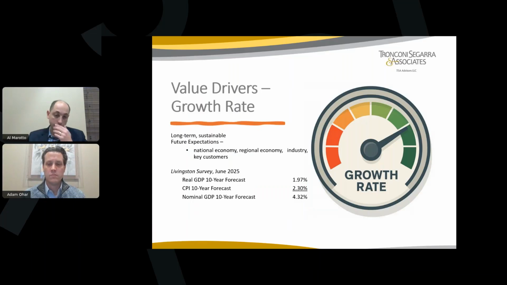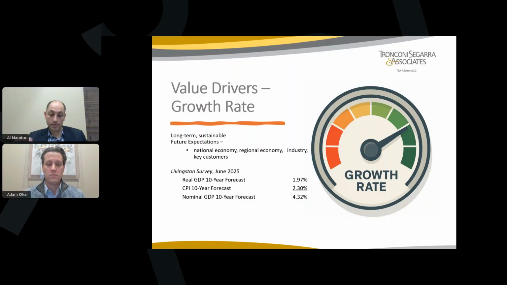And then finally, the last third of the value drivers is your growth rate. The key item to pull away from this is long-term and sustainable. So you have to think 20 years when you think long-term. You have to think into perpetuity when you think long-term. This is a long-term sustainable growth rate. So we're not talking about 5 to 10%. We're not really talking about 1%. A 5 to 10% annual growth rate isn't sustainable over 20 years.